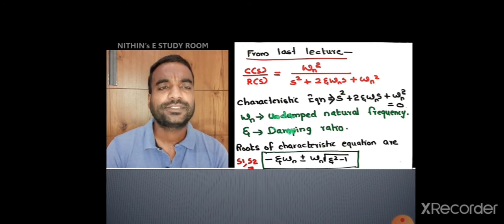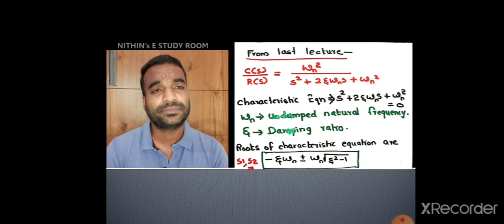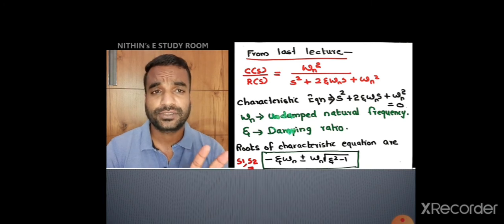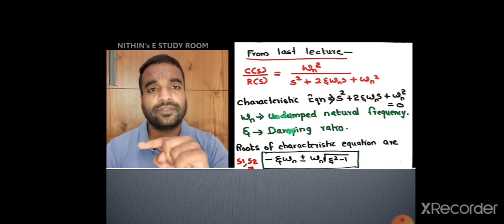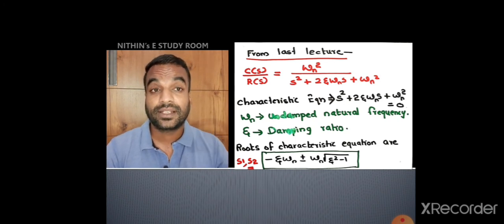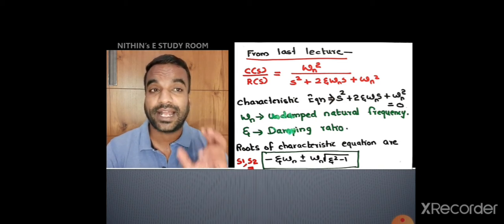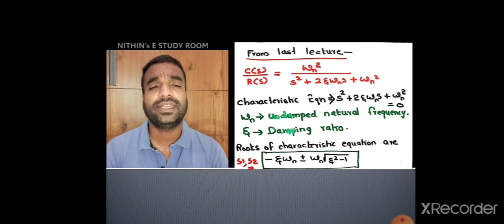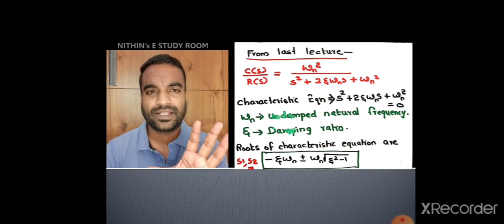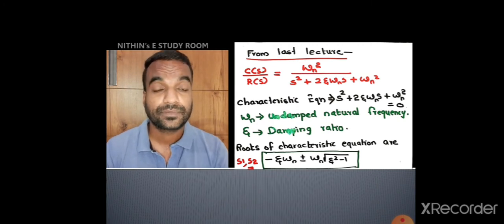Now, what is omega n? Omega n is undamped natural frequency. And what is eta? Eta is damping ratio. Why do these things come in second order system? That is also covered in lecture number 14, because a second order system, if we are not providing any damping, will have an oscillatory behavior. It will oscillate. That frequency of oscillation is known as omega n, undamped natural frequency. And if you are providing some damping or friction, generally that oscillation will get controlled. It will get reduced.